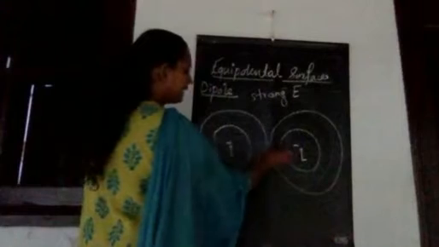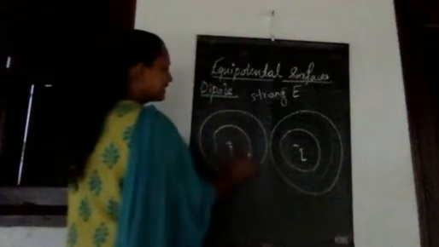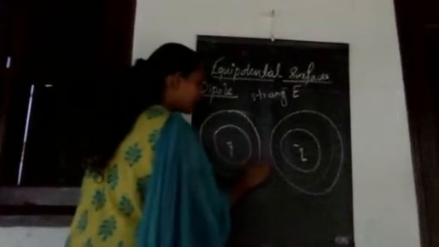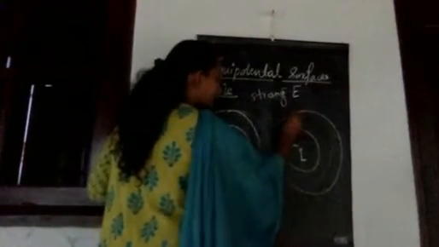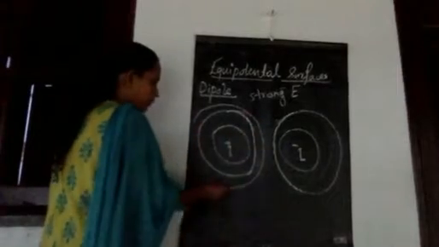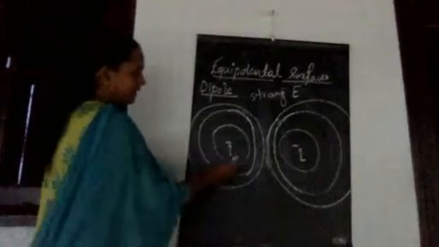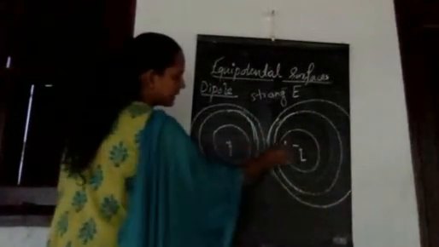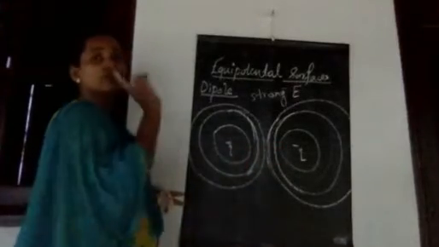But in between these two charges, the electric field is strong, which means the electric field lines are close to each other. Sorry, these equipotential surfaces are close to each other like this. That is by using our fourth property. What was that fourth property? Here the surfaces are relatively close to each other compared with the other region because in between these two there is a force of attraction.